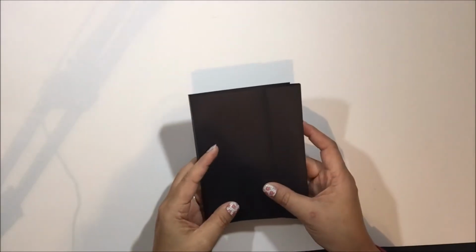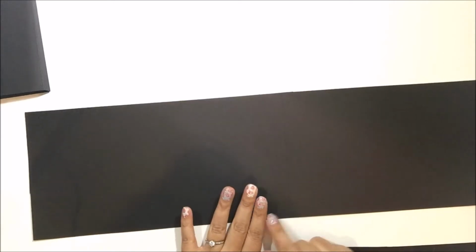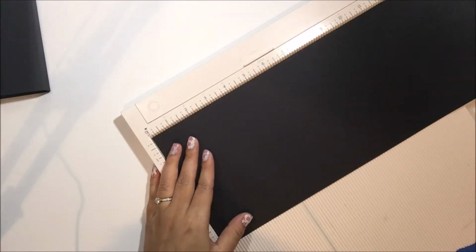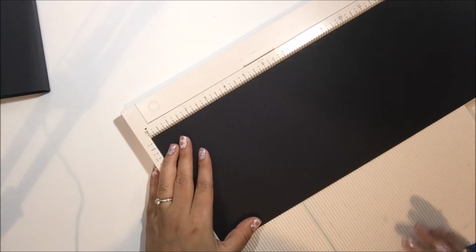So the next thing that we're gonna do is create the insert that goes on the inside and the waterfall. So you can put this booklet aside, and now you're going to take your 6x12, your two pieces that you adhered together that were 6x12, and we're going to go ahead and score these. So this one, we're going to do it just a little differently than we did the last one. The last one we scored all the way across and then we folded it, but this one we're going to